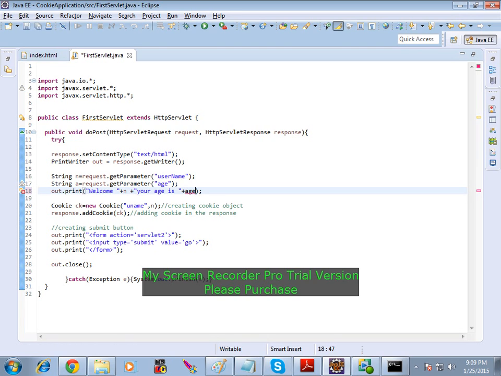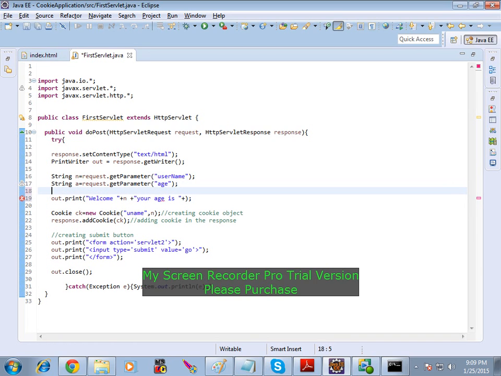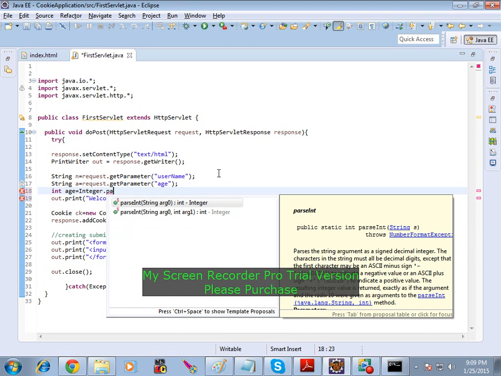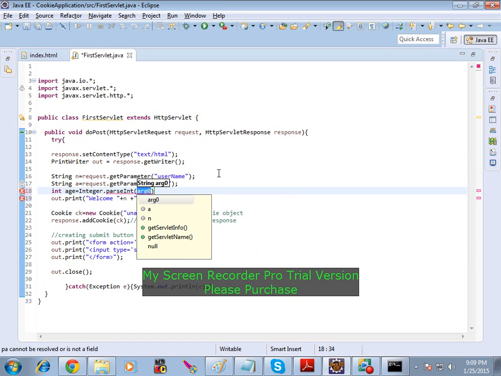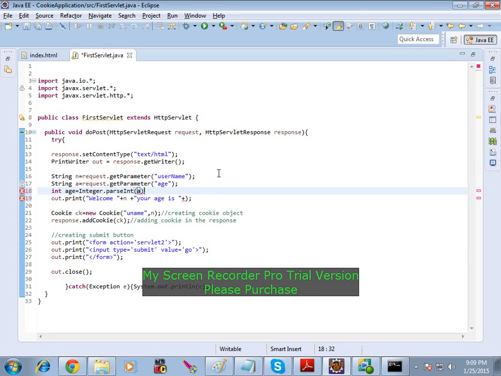Plus a, right? But you have to convert that a, nothing but int age equals Integer.parseInt, directly got that, just click it, then use the parameter. What is the parameter? A, already it is there, enter it. So it's easy in Eclipse. Now just say age, fine. And the variable name also where you are using. So if you are using another name, it will show you that error is there, right?